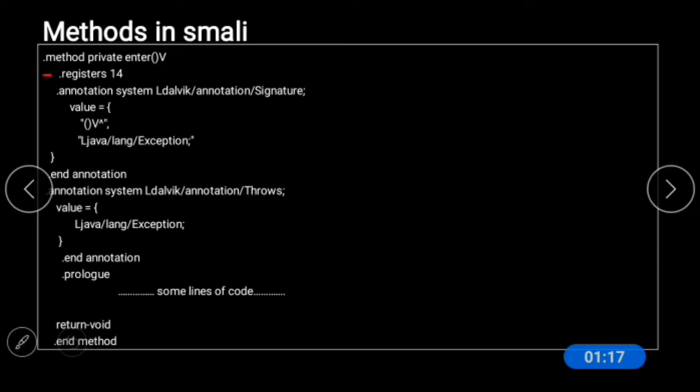In Smali we will have the method, and we will have the method type, that is private, public, protected, static or anything like that, and we will have the name of the method, and then the inputs, and at last the return value or the output. At the end we have the return type. If it is integer type it will return integer, and here we have void, that is nothing is returned, so here it is return void.